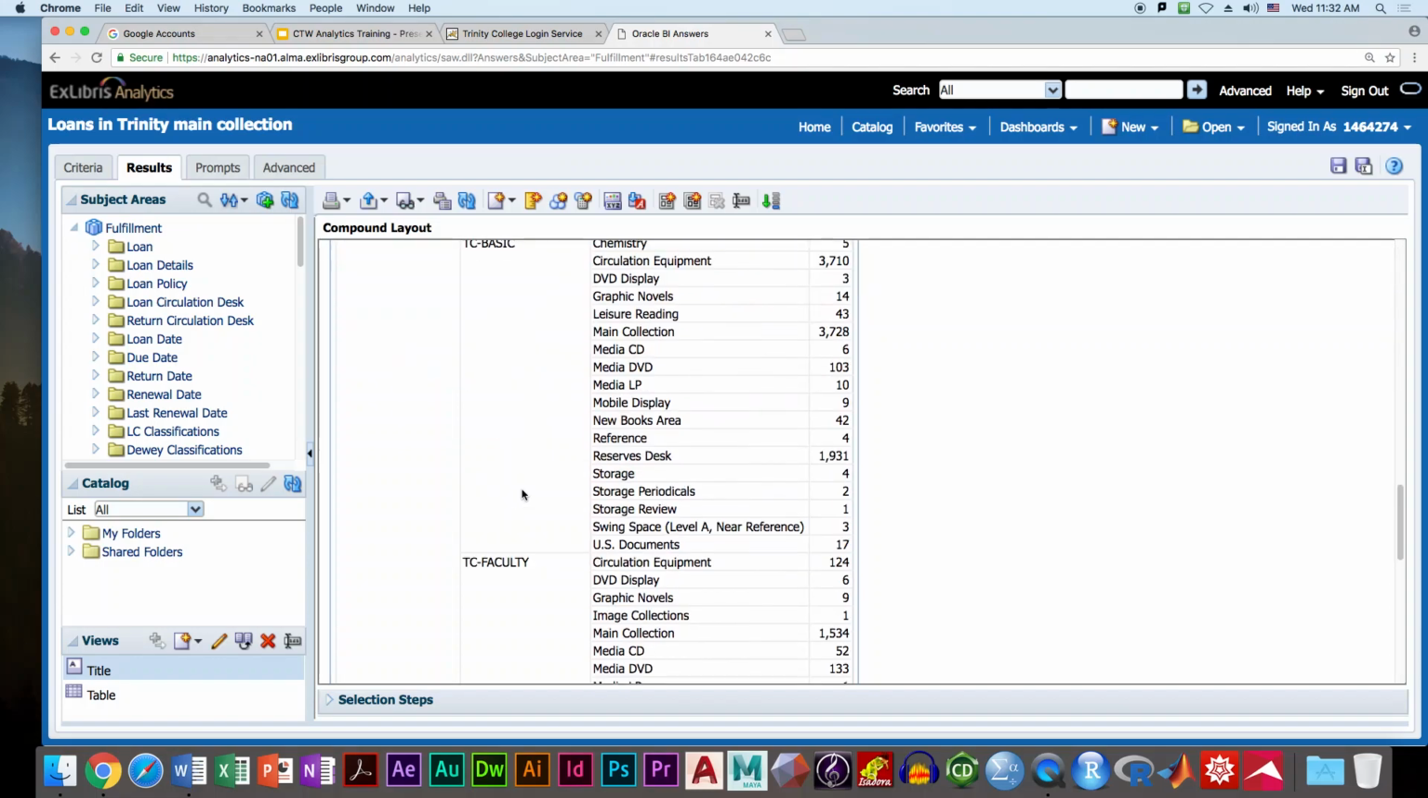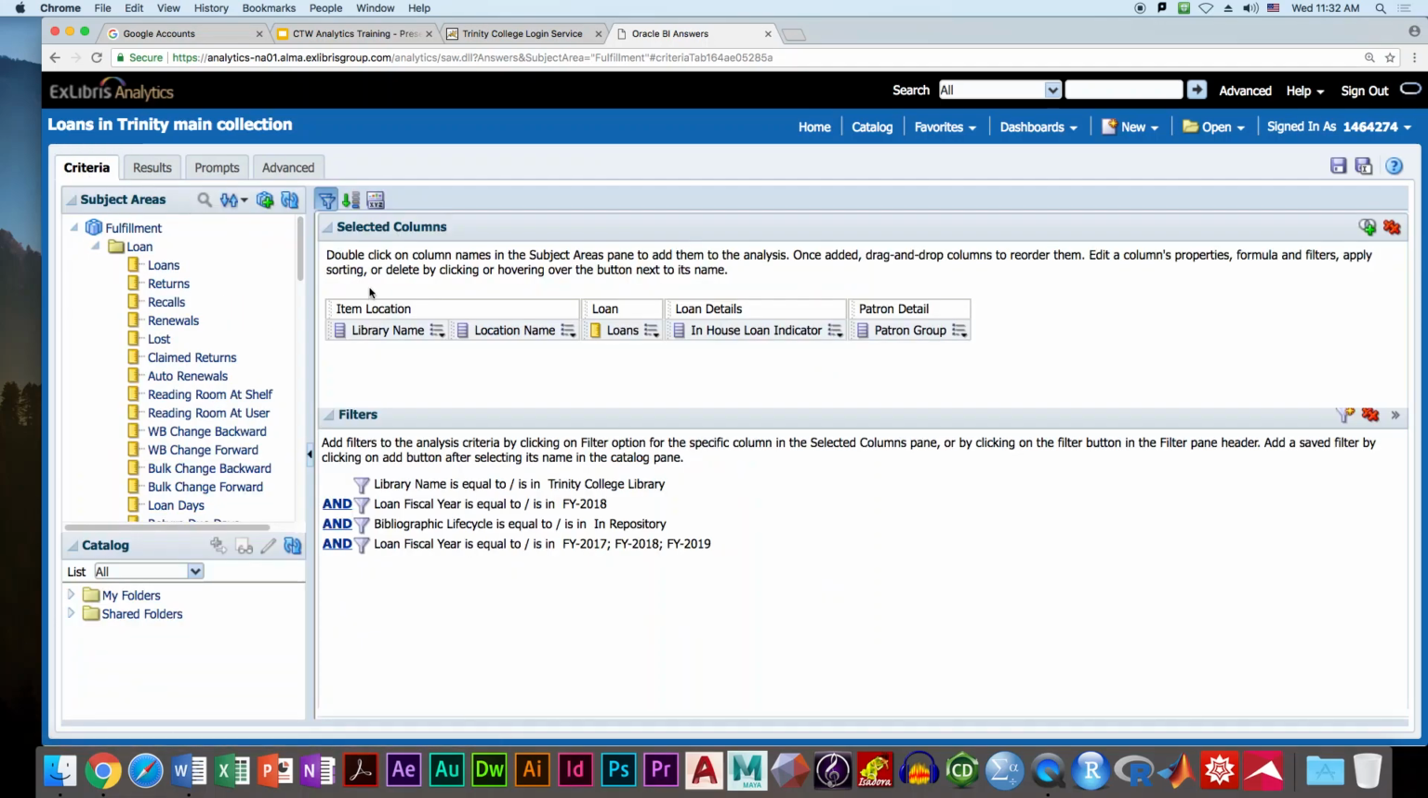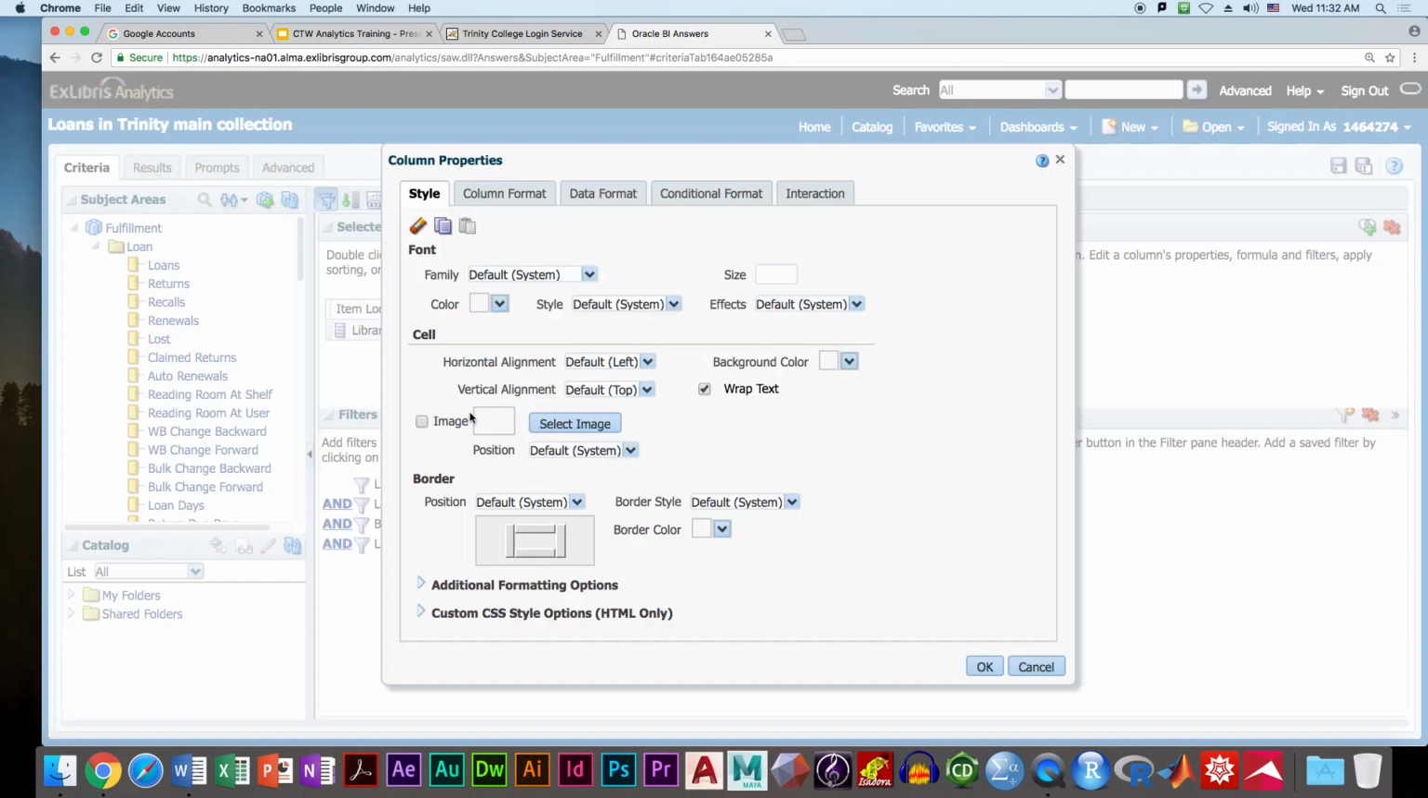So we mentioned before how when you export to Excel, the fact that all these lines are merged is sort of problematic. Because then if you want to sort things in Excel, it doesn't work. So there is a setting to not have things merge. We ended up with a merged library name. So you edit column properties,